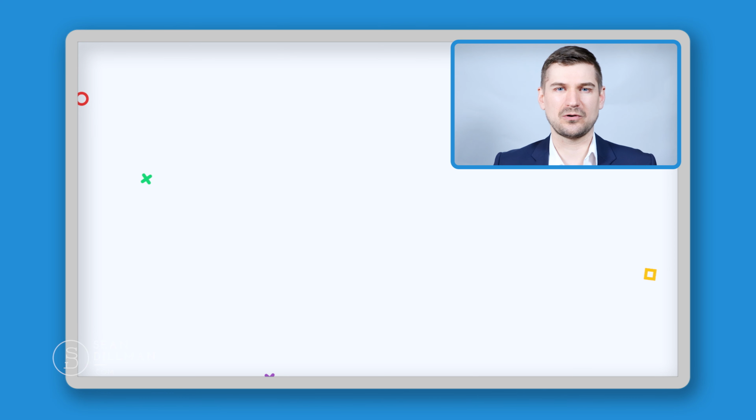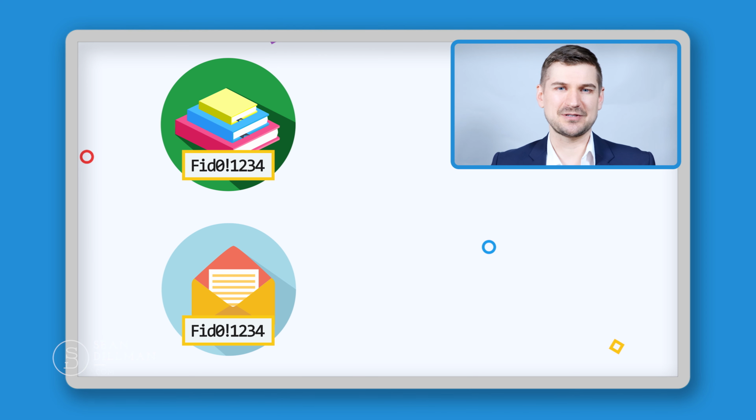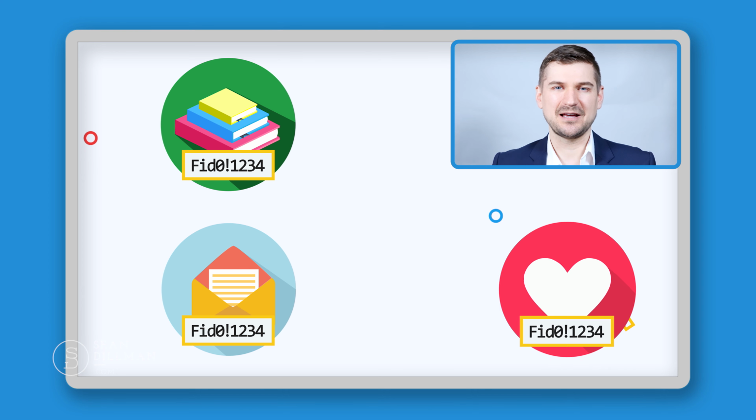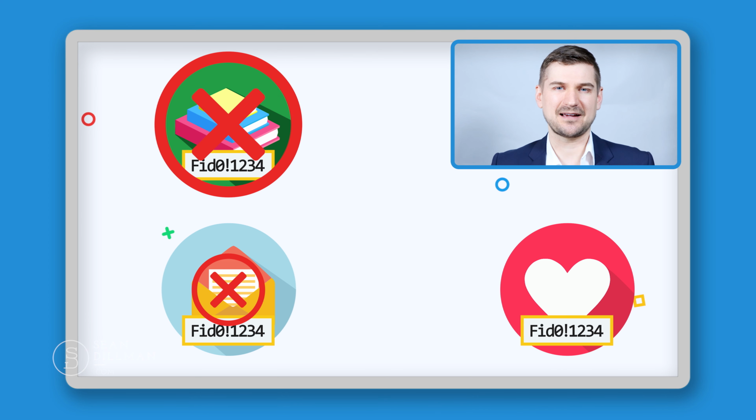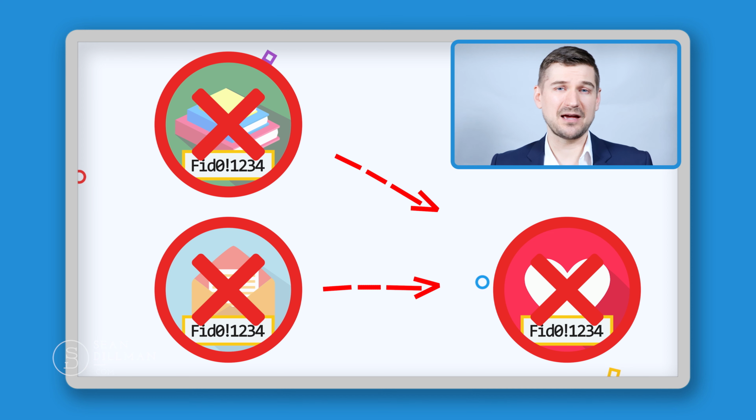So for example, if you had your password for a certain website that you use to purchase books, and then you use the same password for your email account, and you also use that password for a social media account, if hackers were to break into the first and the second accounts, the bookseller and the email address, well, there you go. Now they have your social media account, and they may have more of your passwords. And once they're in your email, they can find out what kinds of other accounts you have. So it's a bit of a scary thing, but the great thing to know is that there is a really effective solution, and that solution is to use a password manager.